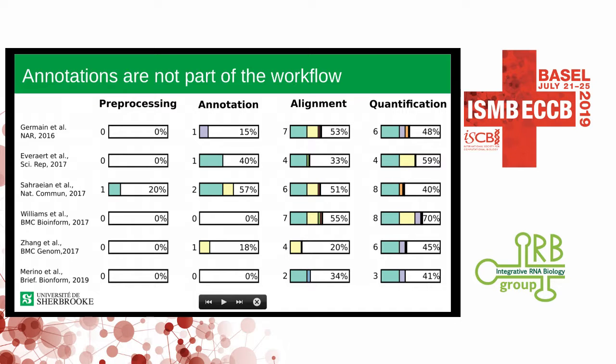Mainly we can see that they only consider alignment and quantification as being part of the RNA-seq workflows, whereas for annotation only one article has used more than one. And these annotations have only been used to identify transcript assemblies, and they have not been compared in quantification. So we currently lack a meaningful comparison of a workflow-wide RNA-seq benchmarking.